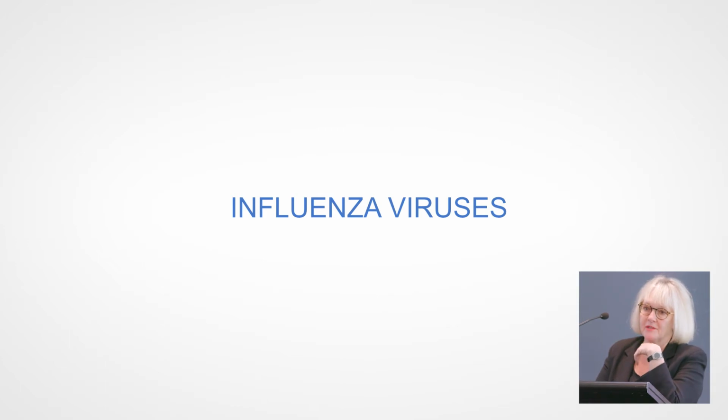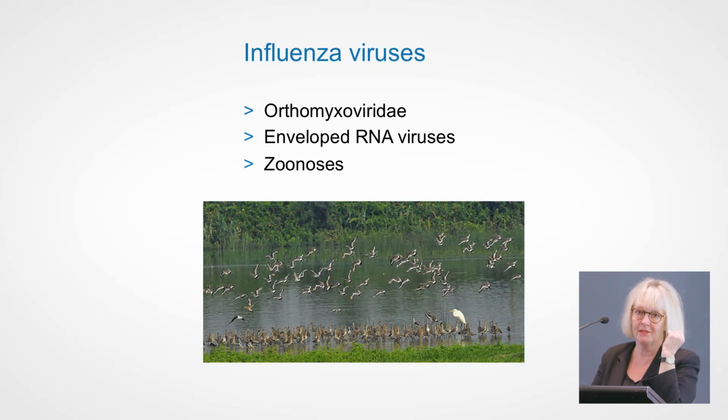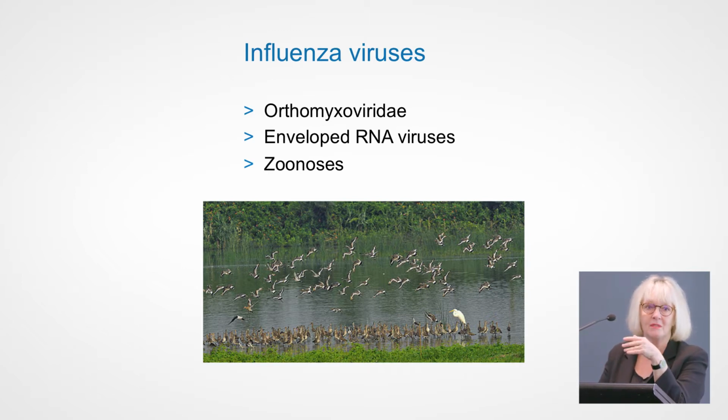So influenza viruses belong to this family of viruses called Orthomyxoviridae. It's really the main virus in there of interest to humans. There's some others that infect animals, but this is really the one that we know most about. It's an envelope virus, which is great because it means it's very susceptible to soap and water and alcohol hand gels. It's an RNA virus, which is not great because it means that it's very unstable genetically and it's constantly changing, which is why we have to keep vaccines constantly changing at present.